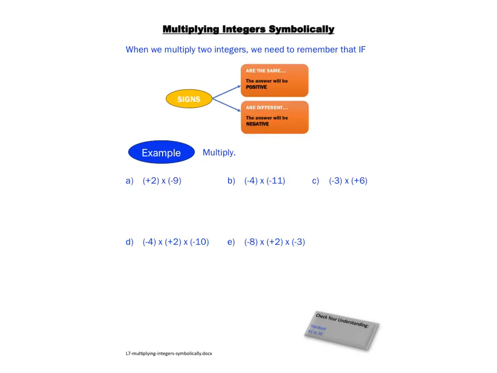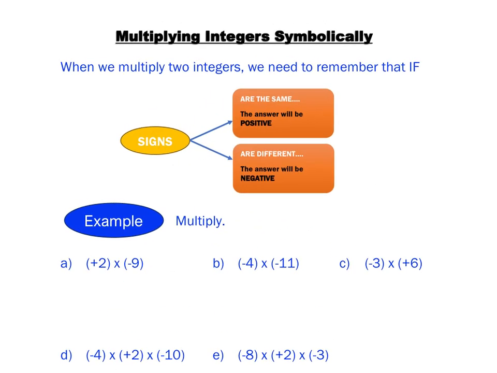In today's lesson, we're going to multiply integers symbolically. This little flowchart works well for us when we have two numbers. If we've got three numbers or four numbers, there's a little bit more to it, and we'll talk about that for the last couple examples. But here's how it works. With the signs,